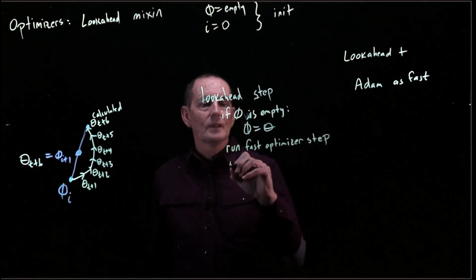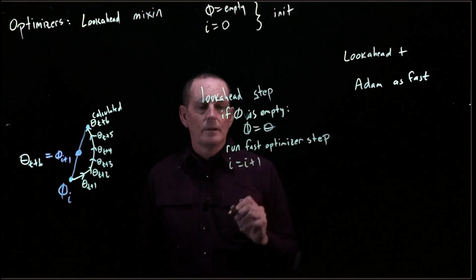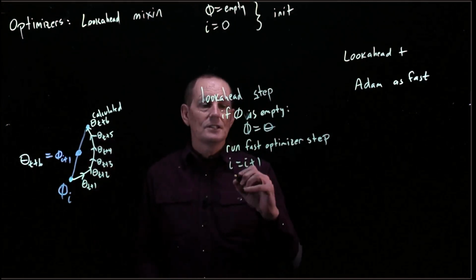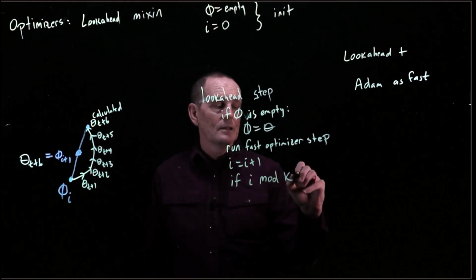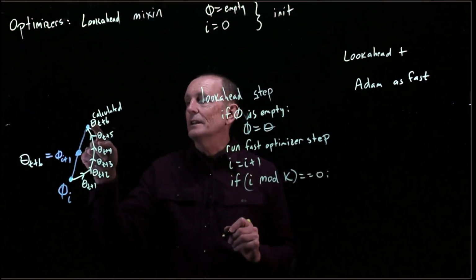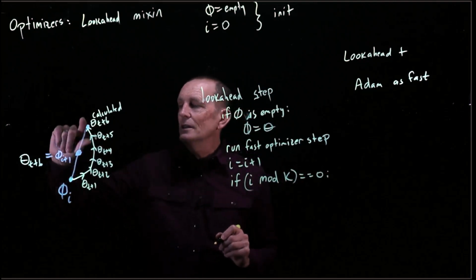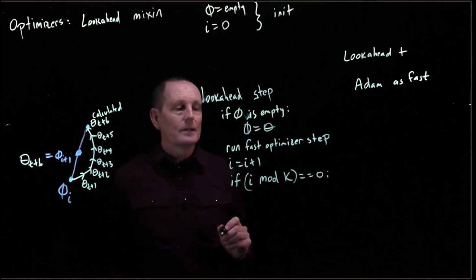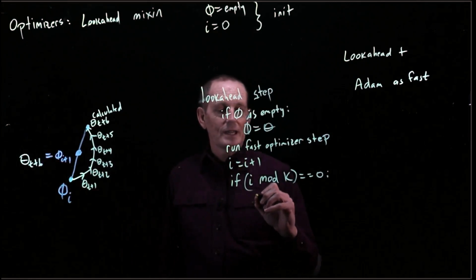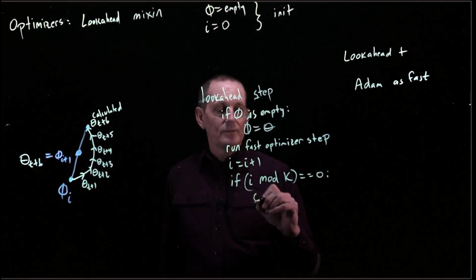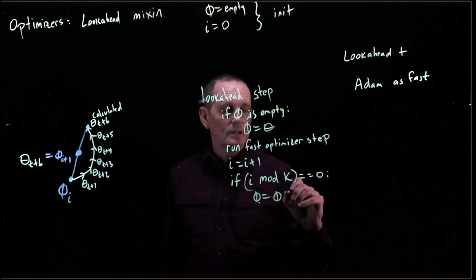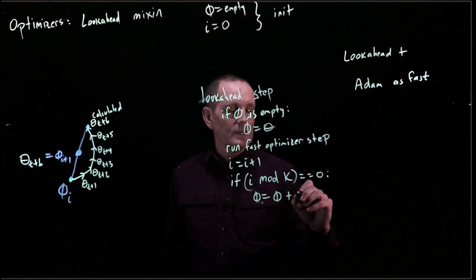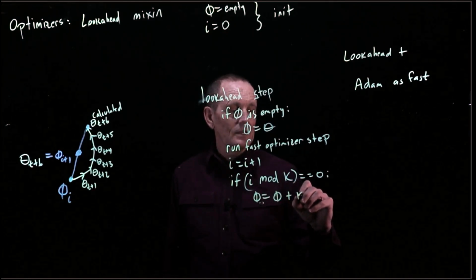Then we run the fast optimizer step. We increment i. And then what we want to know is when we get to here. So we say, okay, if i mod k equals 0, we've gotten to here. Now what we need to do is both update phi and update theta. So what are we going to do? We're going to say that phi equals phi plus some constant k. Sorry,